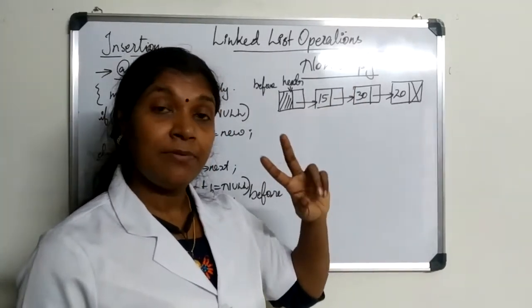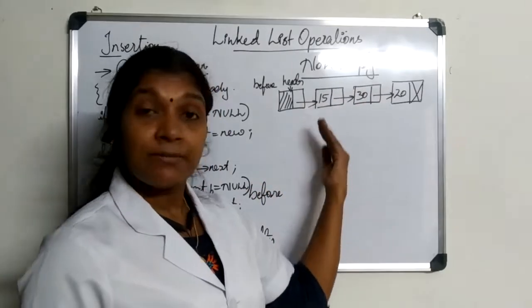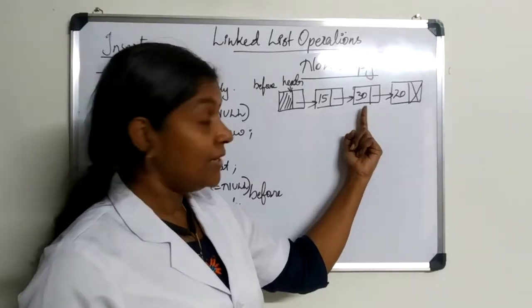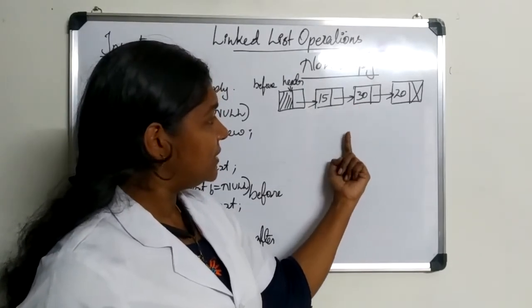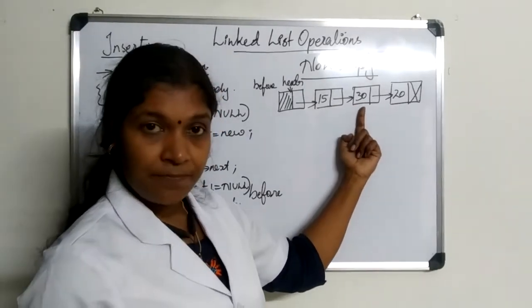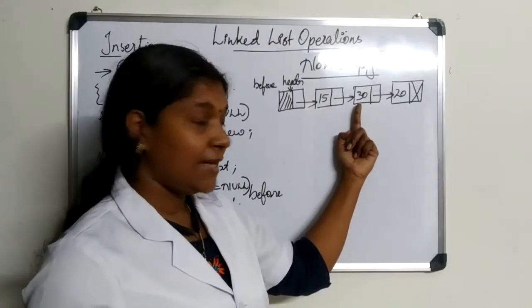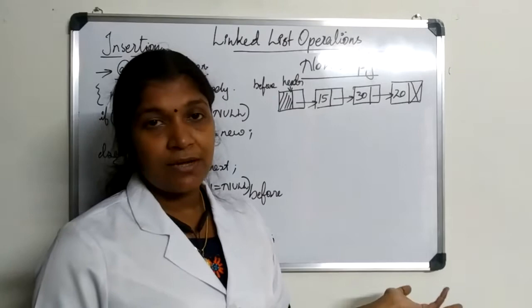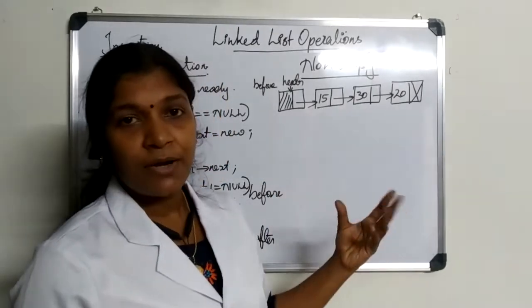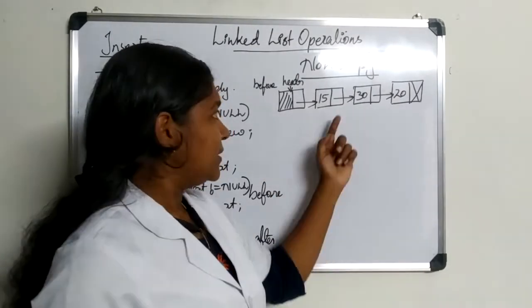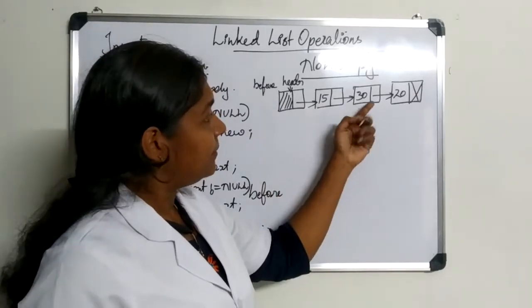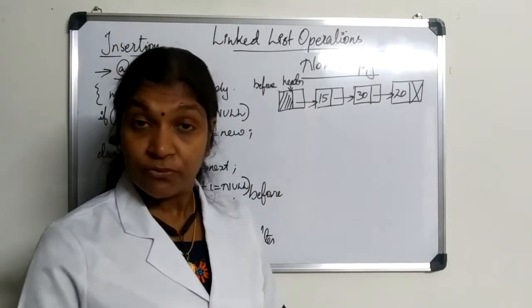This again can be performed in two ways. Before some specified node we can perform. That is, if our key value is 30, then we can perform the insertion in between 15 and 30. And in the second method, if the key value is 30, we can insert the element after 30. Both methods are fine. We would be adopting either one method. So let's insert our new node before the specified node, before the key element.